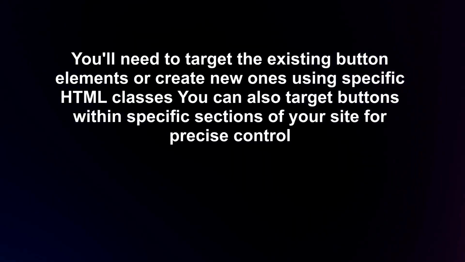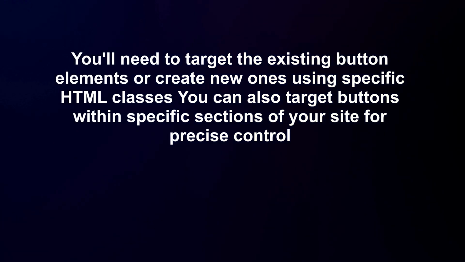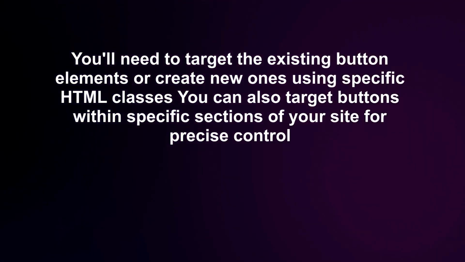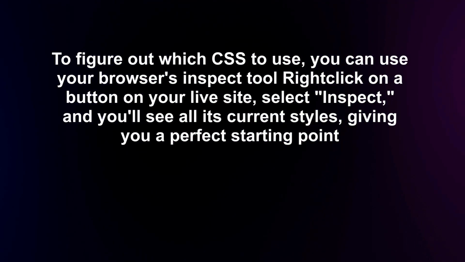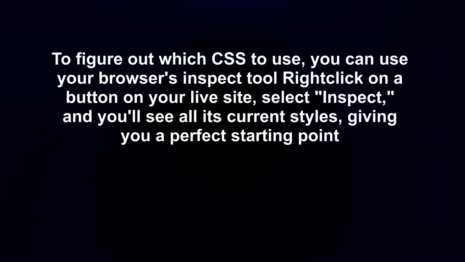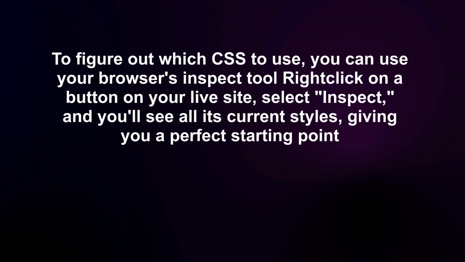You'll need to target the existing button elements or create new ones using specific HTML classes. You can also target buttons within specific sections of your site for precise control. To figure out which CSS to use, you can use your browser's inspect tool. Right-click on a button on your live site, select inspect, and you'll see all its current styles, giving you a